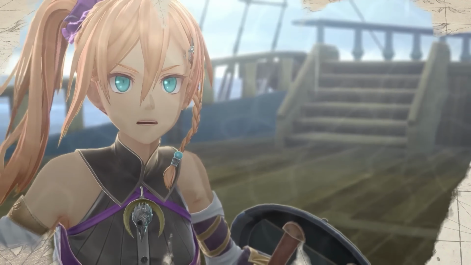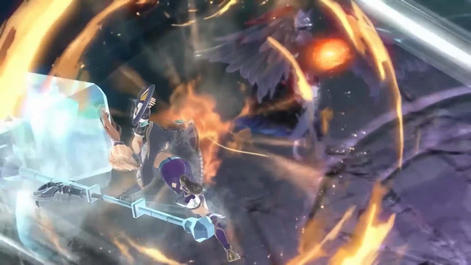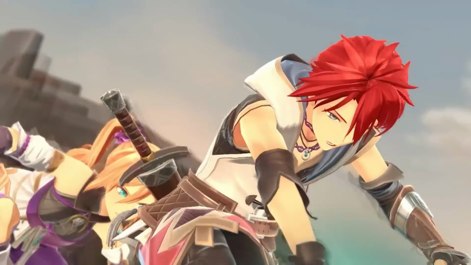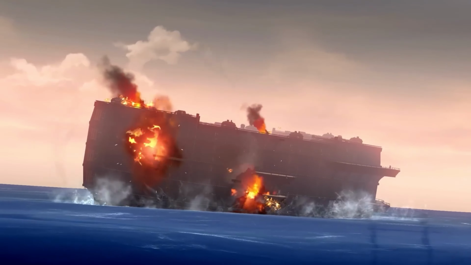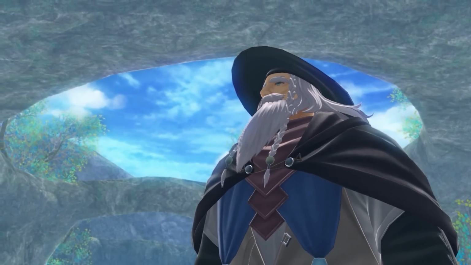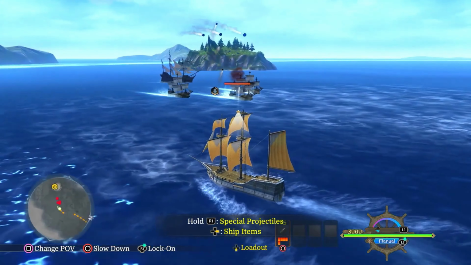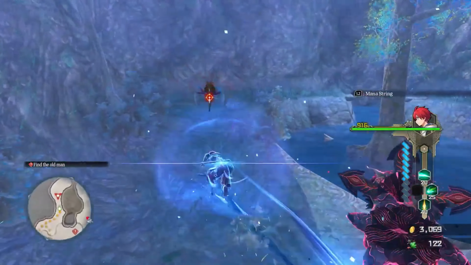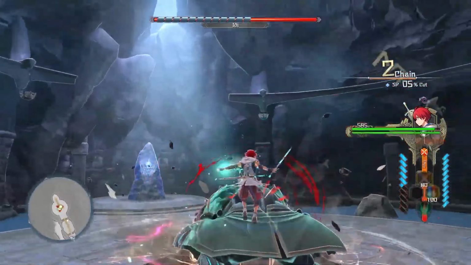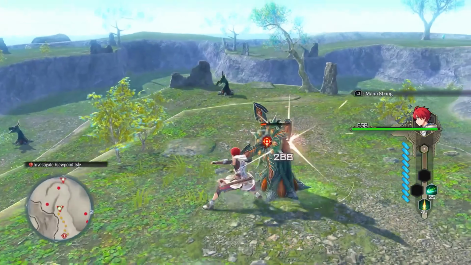However, Ys 10 isn't without its flaws. Some of the side quests feel like padding, fetch quests that don't add much to the overall experience. While the main story and characters are engaging, some of these side activities feel repetitive and can break the flow of the game. Additionally, as mentioned earlier, the sailing mechanics can occasionally feel a bit clunky, and the naval combat lacks the intensity that fans might expect from the Ys series. These issues don't ruin the game by any means, but they're worth mentioning for anyone who might be on the